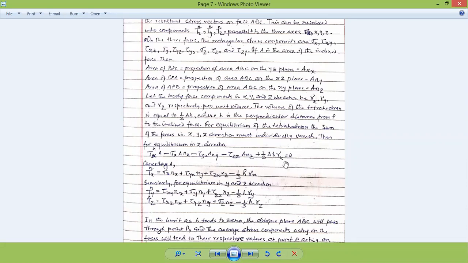one third A h, where one third A h is the volume of the body, multiplied by the component of body force along x direction, gamma x. So we are equating to 0, and we have to cancel A because A is everywhere, and thus this becomes Tx equal to sigma x nx, plus tau xy ny, plus tau zx nz, minus one third h gamma x. Similarly, Ty and Tz are calculated, and